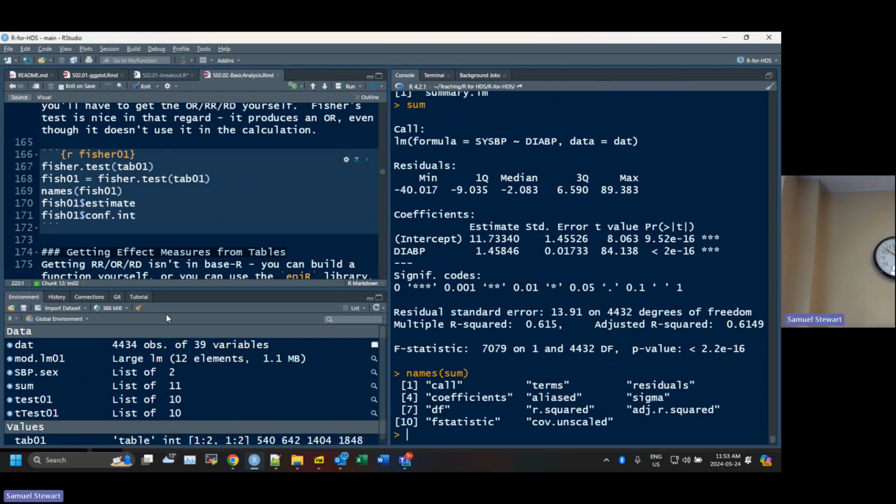This is where the capital ANOVA command comes in. That's the most useful kind of model comparison function you'll see in our